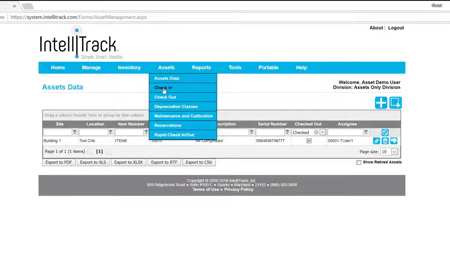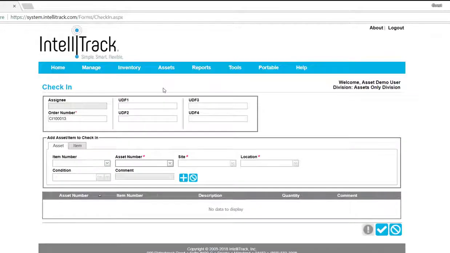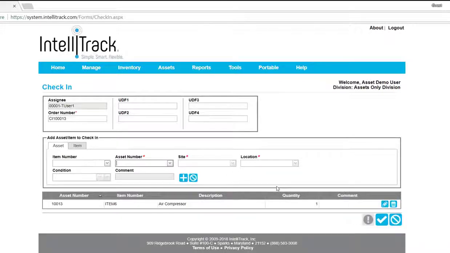And so lastly, we'll choose Assets Check-in to open up the formal check-in screen on the PC to go ahead and check an asset back in. I would like to take this opportunity to make one note about the check-in process here. It defaults to checking the asset back into its normal site and location, which in this case is my tool crib. If I wanted to change that, it is possible from here to just change the drop-down to a different location. So you do have that flexibility, but if you don't need to do that, you simply add the assets